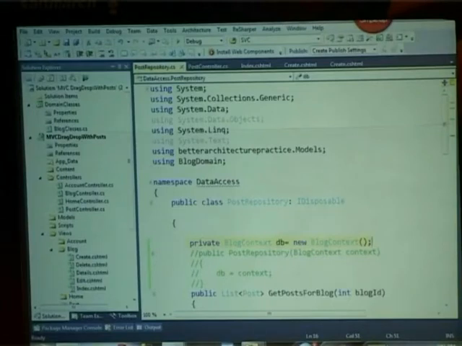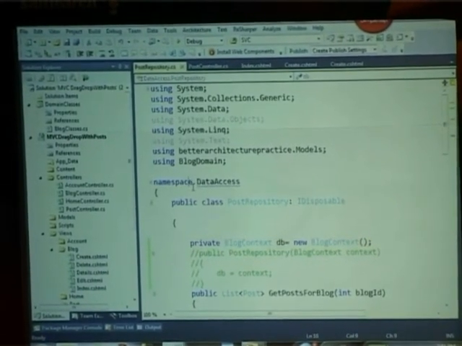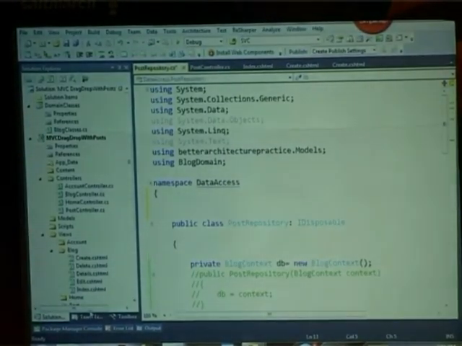Right now, anytime I want to work with a repository, whether I'm using it in my actual application or I'm using it in unit tests, right now it's bound and tied to the blog context and therefore entity framework and the database. Okay? And so that's the next thing I want to change. I want to make that more flexible. So instead of using this concrete class, the blog context, I want to use an interface. And I'm just going to drag and drop that in here